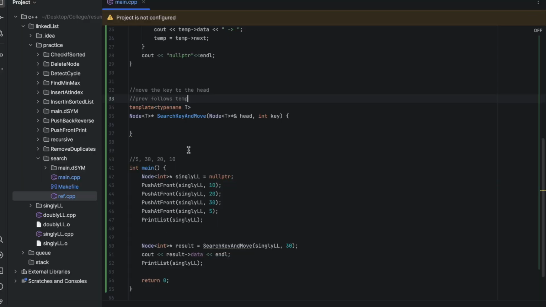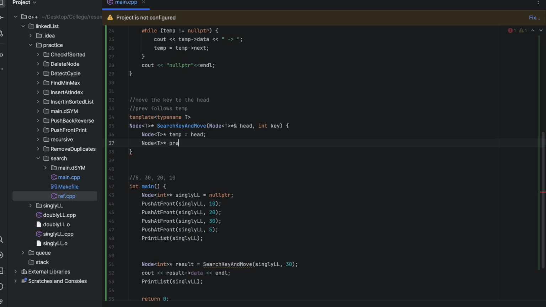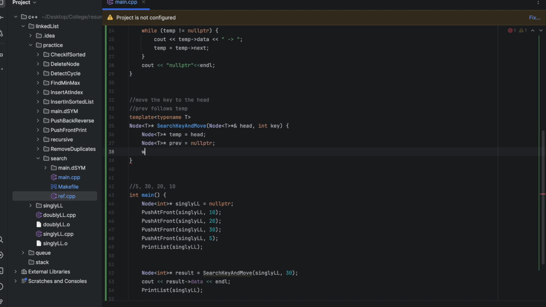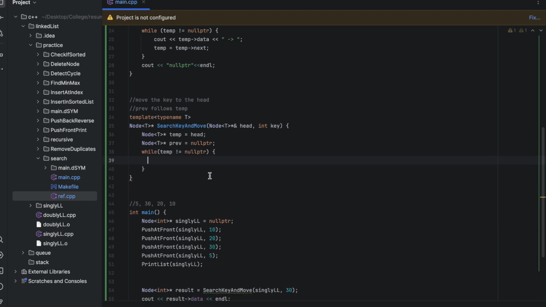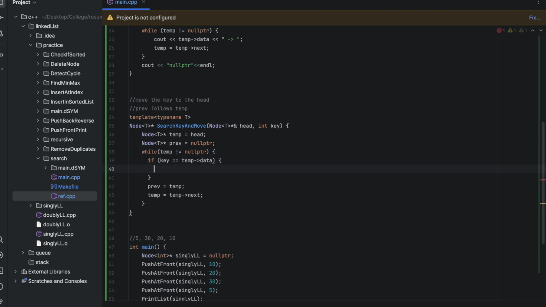Let's write our code in the program and see how it will be, and compile and run. Here in my code I'm using a template. Temp will be assigned the head. The second pointer, the previous pointer, we will assign to the null pointer. We will traverse while temp is not equal to the null pointer, and we will move both pointers inside of this while loop. If we find our key in temp data, we want to relink our node and move it